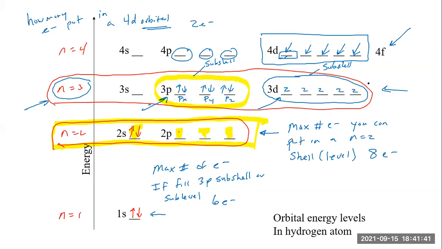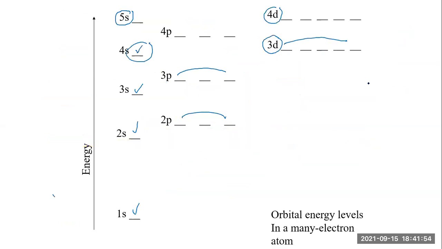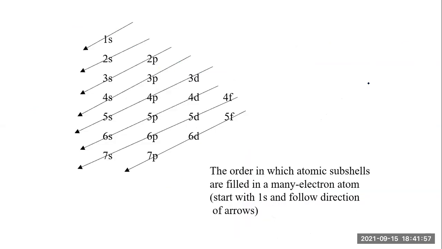So first energy level, only s's. Second energy level, that's when the p orbitals start. Third energy level, that's where the d orbitals start. And the fourth energy level, that is where the f orbitals start. Knowing that, it makes recreating this really easy, because all you have to do is go 1s is where the